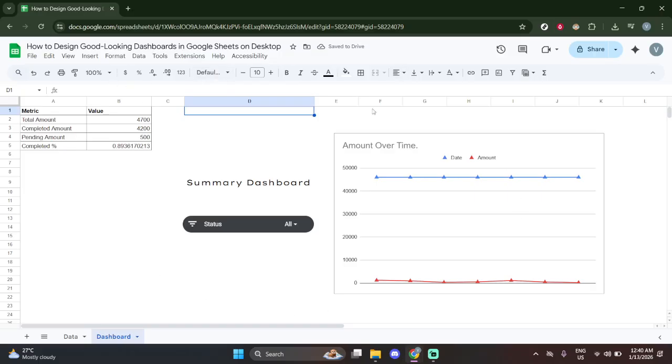That's it. Organized data, focused visuals, a consistent style, helpful interactivity, and intentional white space. Now you're ready to build a